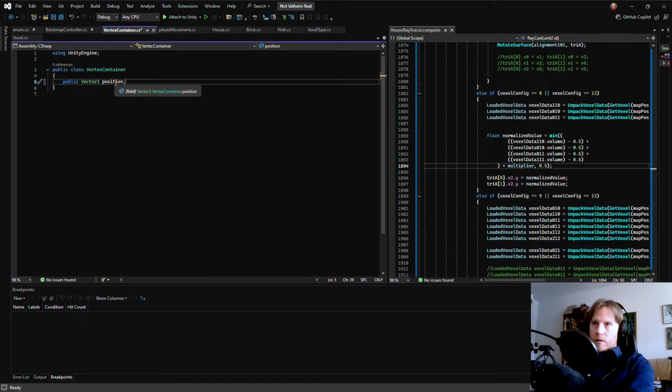I could use 3 bytes, because the position data is supposed to be... I think I'm gonna go with 3 bytes. I was gonna go with 4, but